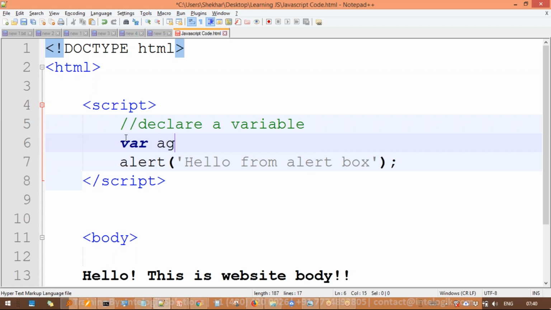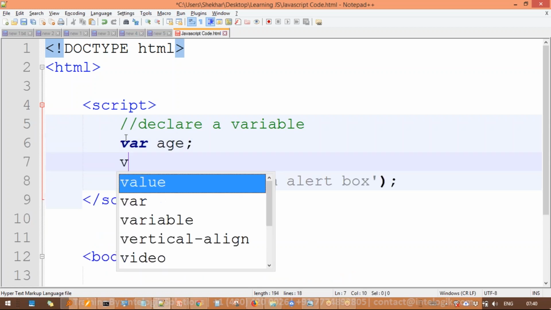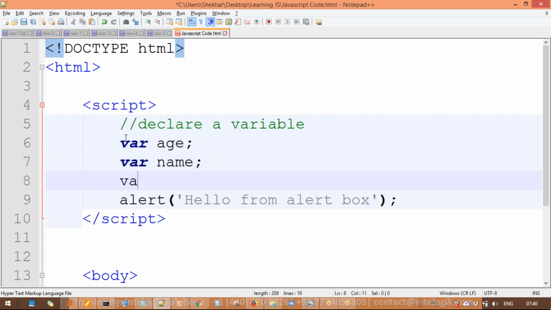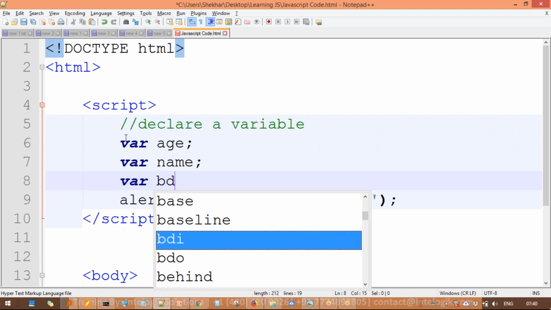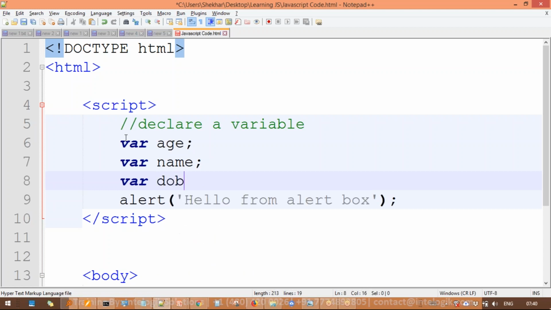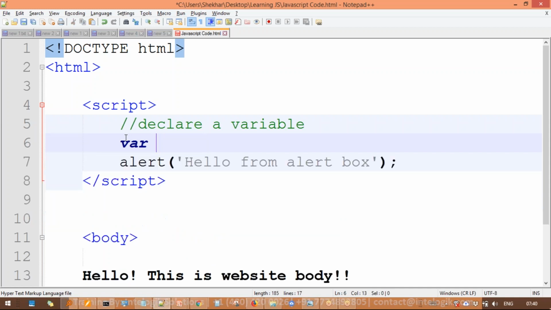For example, var age or var name, or let's say date of birth. Now this is a date field, but still I can use var. So for everything you need to use var. It's a very good feature for us, so we don't have the headache of various types of data. Okay, var. Let's say I'm writing here var salary equal to